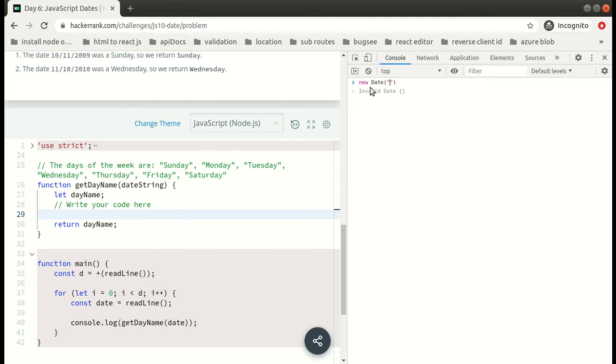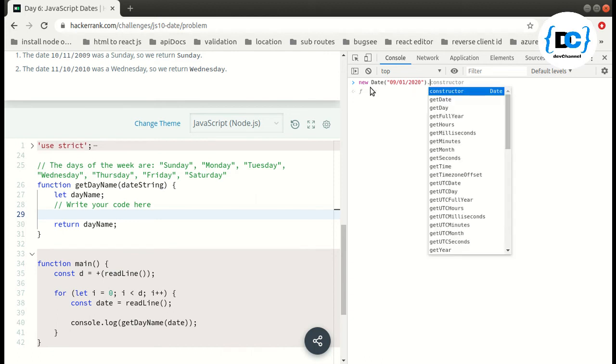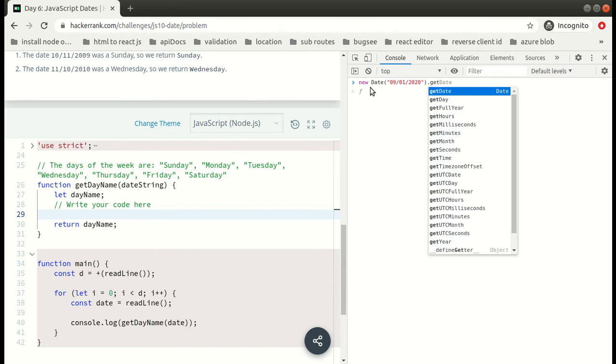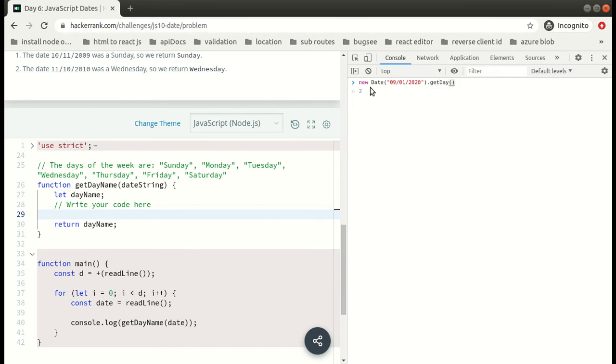Let me see the calendar. Okay, so it's September. Like I told you, mmddyy. And when we do getDay, we get the integer 2. This 2 means 0, 1, 2: Monday. Okay, cool.